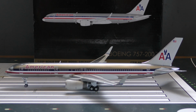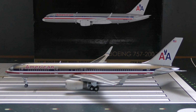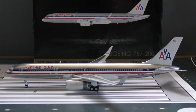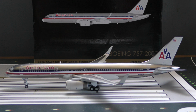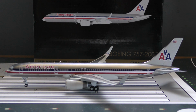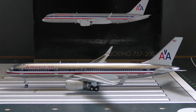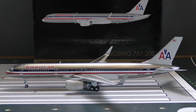Today, I'm going to be bringing to you guys a rare model, a little bit of nostalgia, if you want to say that. This is the GeminiJets 1-200 scale, American Airlines, Boeing 757-200 with the winglets in the bare metal livery. I'm trying to remember where I purchased this model from. I think I got it off of the GeminiJets website, and then I think